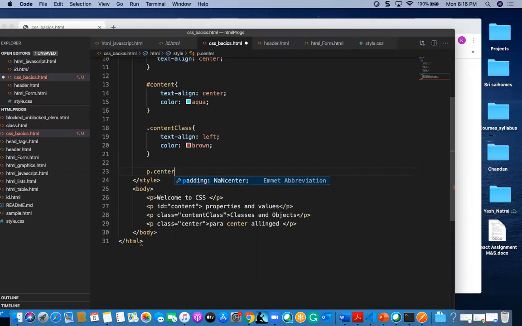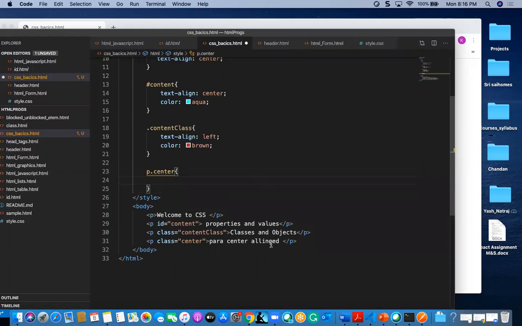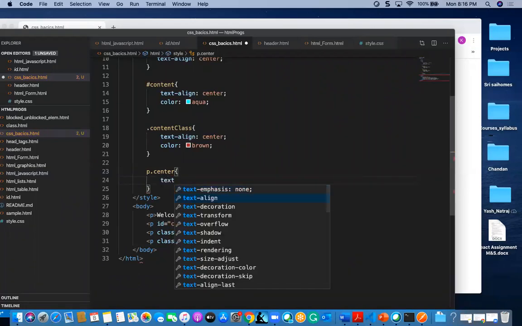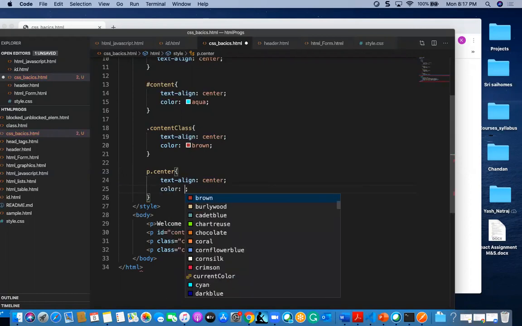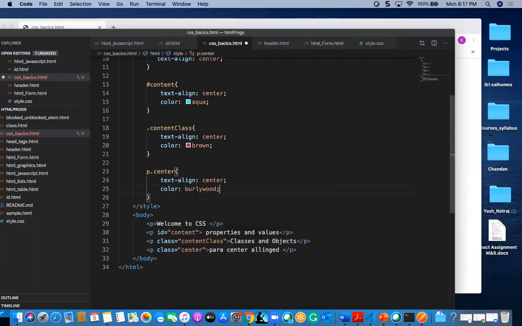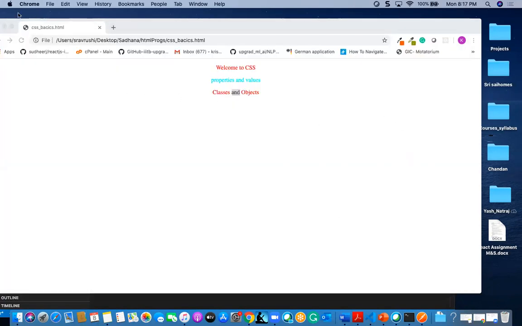So this will go and pick this tag, and here it will mention text align, some center I am giving, and also color I am giving some color, like burlywood. Okay, now I can find this one here.